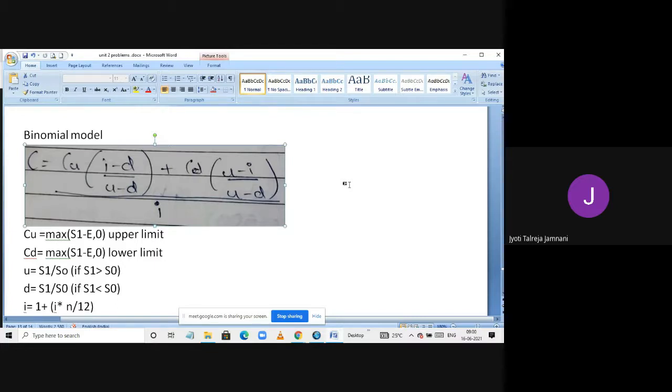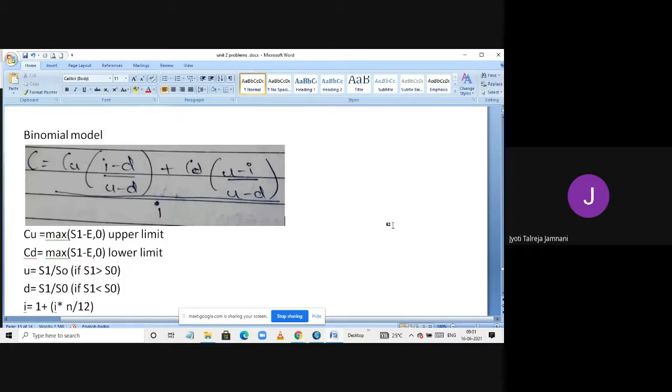The solution is very simple if you remember this one formula. If you are not able to remember this formula, you will not be able to solve it. Usually it comes for 7 marks in many papers in the previous years. You can check, it has come for 7 marks. If you're very lucky, it can come for 10 marks also.